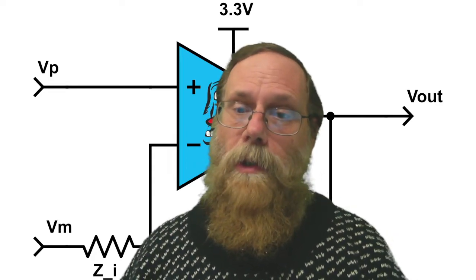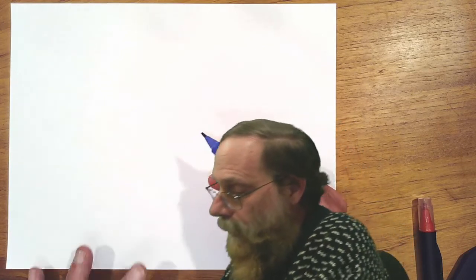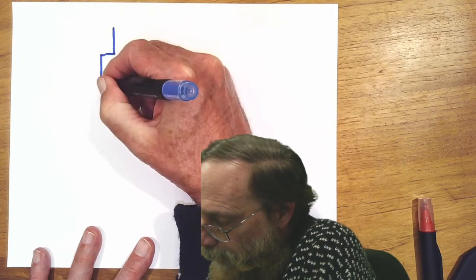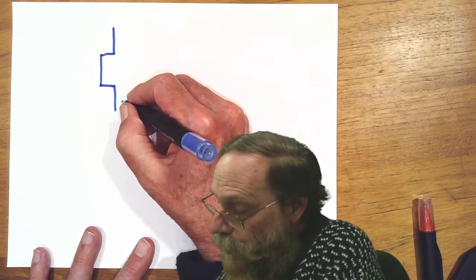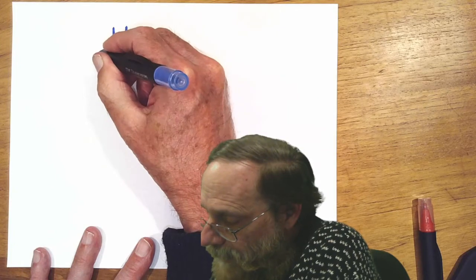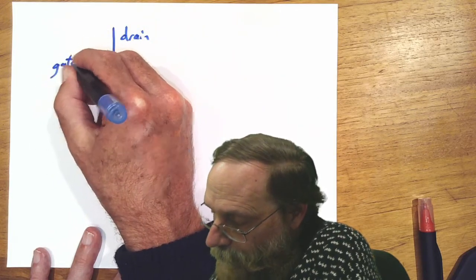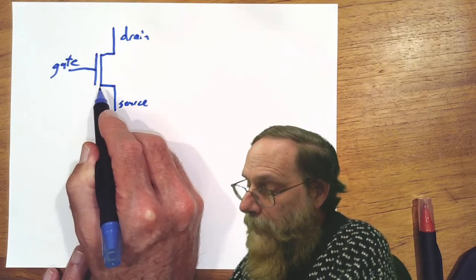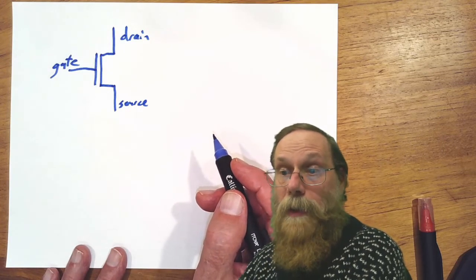Now, let's start by drawing a symbol for a field effect transistor. The basic symbol has two terminals for the source and the drain, and another terminal for the gate. And the pair of parallel lines here, which is sort of reminiscent of a capacitor, is deliberate